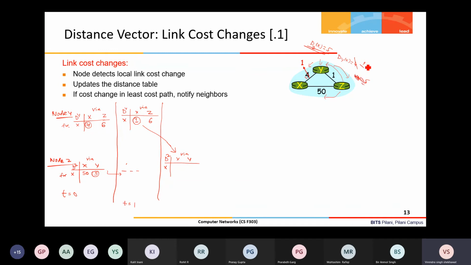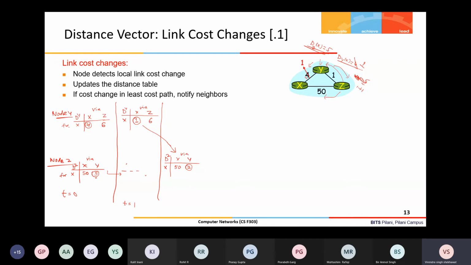So z will say that okay, y is telling me that my cost to x is 1 and the link cost between me and y is 1, so it will be 1 plus 1. So this will remain 50 only via x, but via y cost will be now 2 and this 2 is now least. Earlier its cost was 5 and 5 becomes now 2.